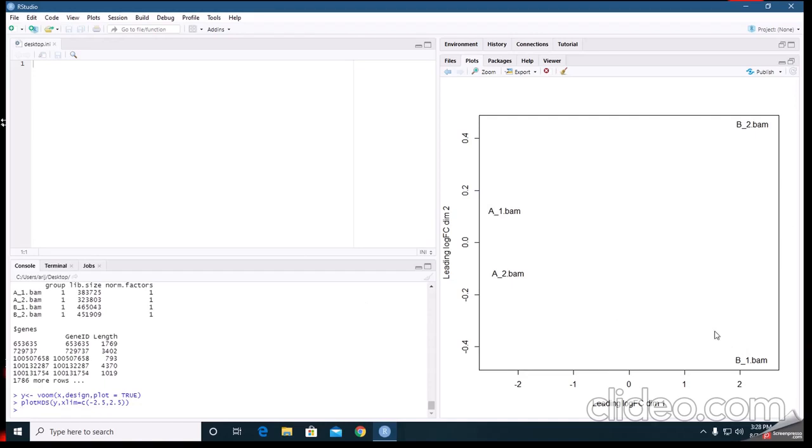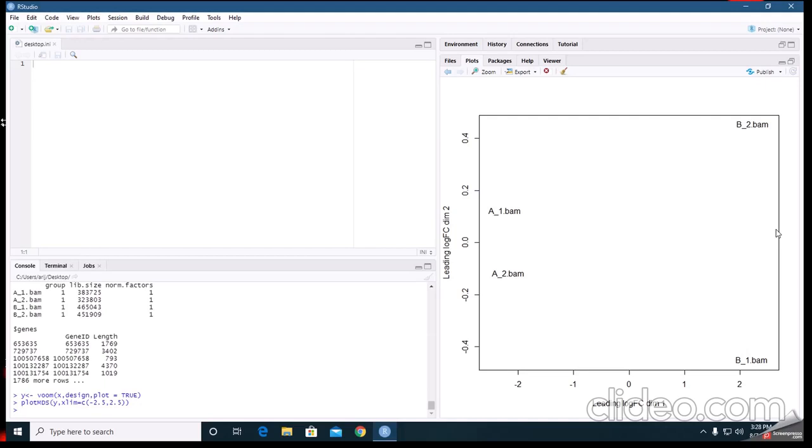Now we are going to make a linear model and do differential analysis. These are two conditions, B and A. These are two different data sets.